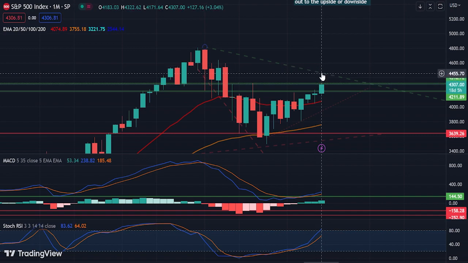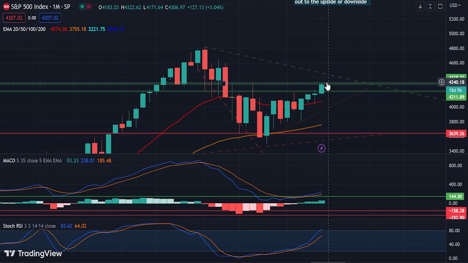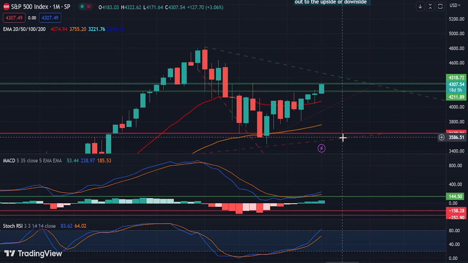I'd say once it breaks out to as high as 4,500, as long as it could consolidate at around 4,334, that's the level I'm looking at. Maybe even as low as 4,230, that would be bullish. But otherwise, we might be retesting 4,000 or even as low as 3,586 between 2023 through 2025. So keep that in mind, guys.